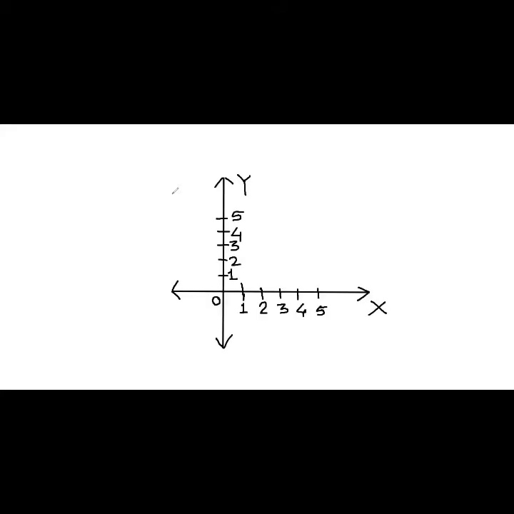So if we are taking 2 points, first point I'm taking here P (2, 3), and second point I'm taking here Q (3, 2). So I'm going to represent both the points in this coordinate axis, x-axis and y-axis. So we know how to represent it. In x-axis we will represent 2, and then in y-axis we will represent 3. So 2 in x-axis and 3 in y-axis. So here we can get the point, this is (2, 3).